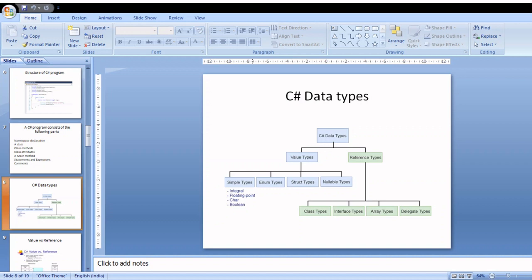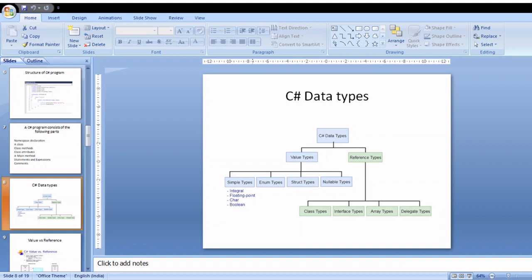This is about integer data type, signed integer data type under integral category. I think in the C programming language you had learned int as the only integer data type and long and short as the modifiers for that int data type like signed long int, signed short int, unsigned long int, unsigned short int.